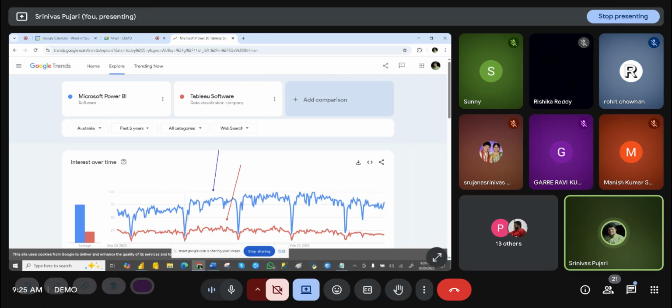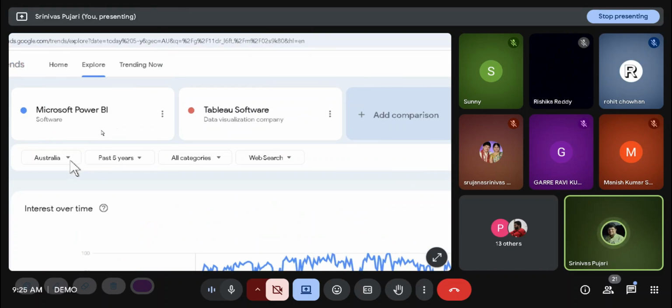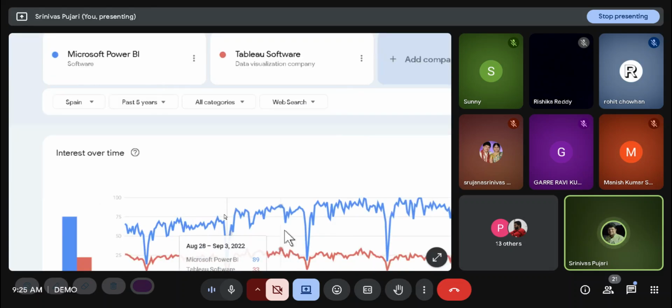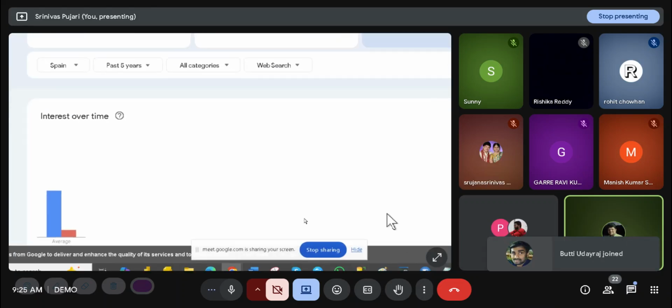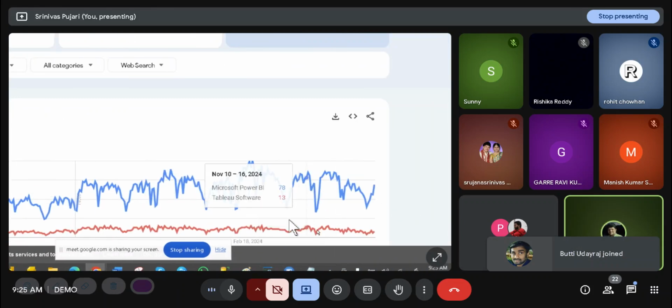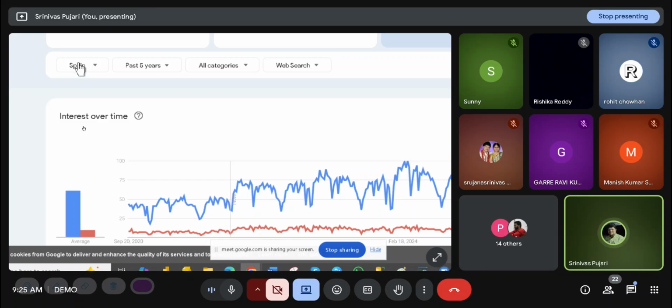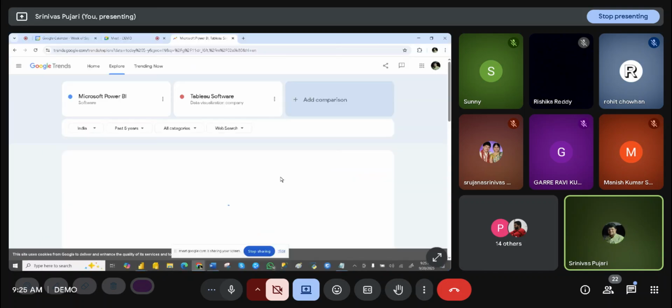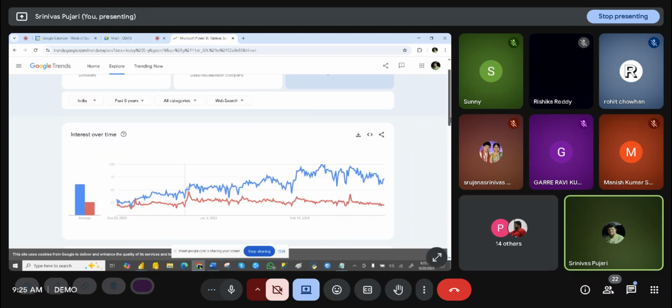It is not my report, it is from Google Trends. Not only Australia, you can check Spain as well. Some of the countries I'm randomly checking, and in Spain also Power BI is more trending.